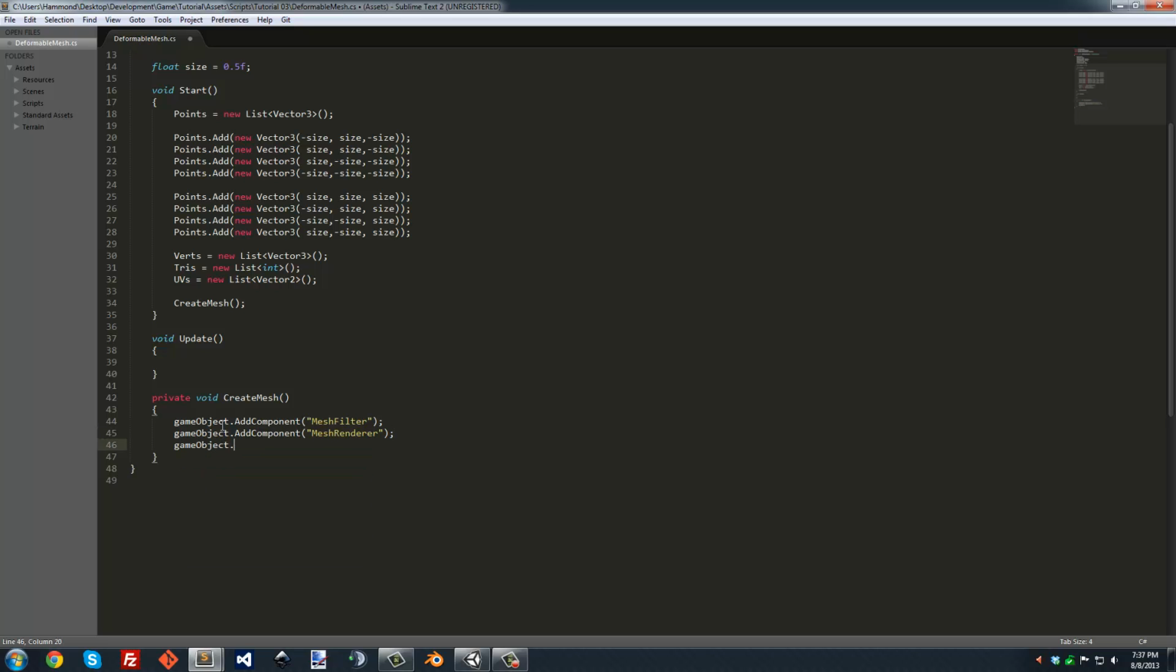Okay, so gameObject.AddComponent and a mesh collider. Now we need a collider for the mouse picking to work. That way when you click on it, you can deform it. There are other reasons to have the mesh collider also. Perhaps you want your object to have physics, or be able to be collided with. It really depends on how you're using it. But if you don't want this to be deformable, if you're just trying to figure out how to create a mesh, then you can leave the mesh collider out